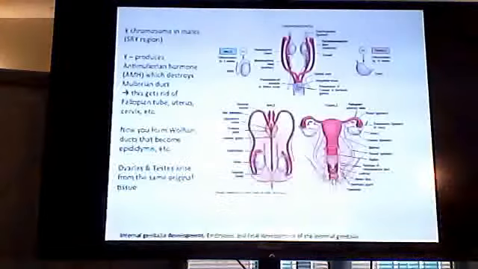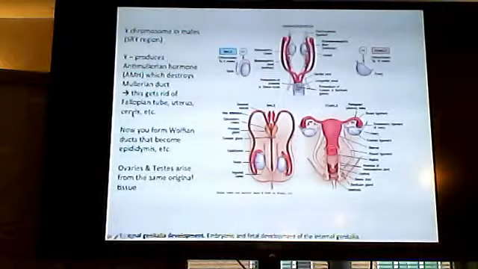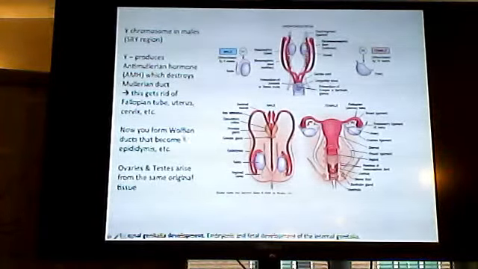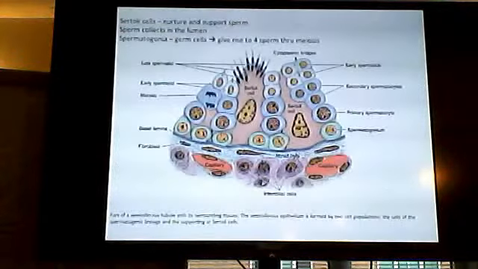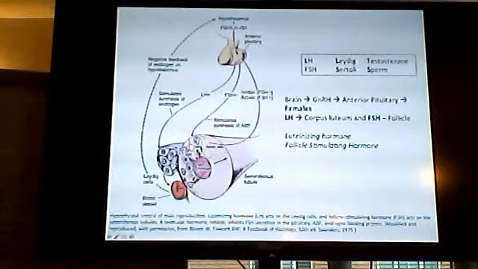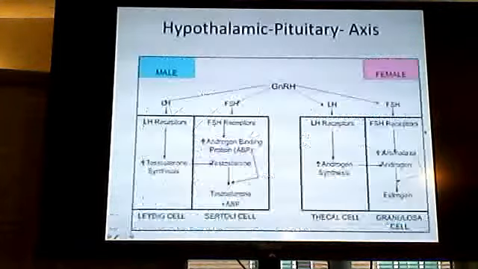Moving on to the male-female physiology, if you have the Y chromosome, then you produce anti-Mullerian hormone, which breaks down the Mullerian ducts, which would have formed into fallopian tube, uterus, and cervix for females. So females are default, and then once you have the AMH secretion, you can have Wolffian ducts that form for the male characteristics. Remember LH, Leydig, testosterone, FSH, Sertoli, sperm, and then for females, LH is in the corpus luteum, FSH for the follicles.